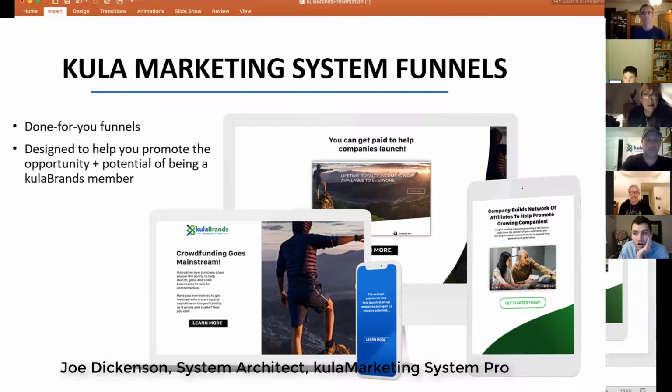All right, now these are just quick mock-ups we threw together. So these are obviously lead capture pages, as you can see. So if someone, for example, clicked on this Learn More button, they went to this page, they're reading it, they click Learn More, they pop their name, their email, and their phone number in. You then essentially are going to be able to have that lead in your contact manager.